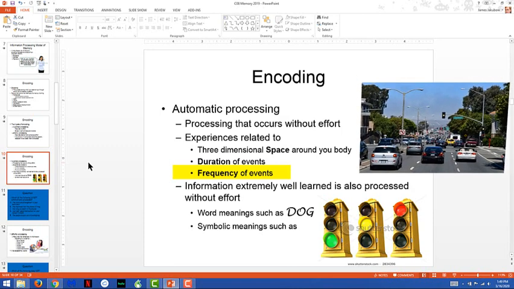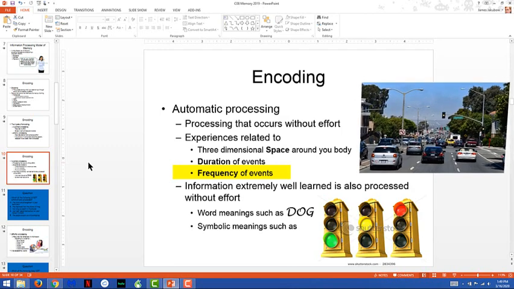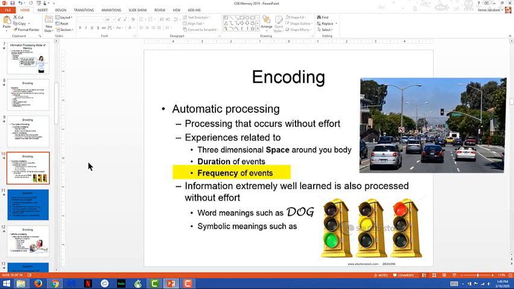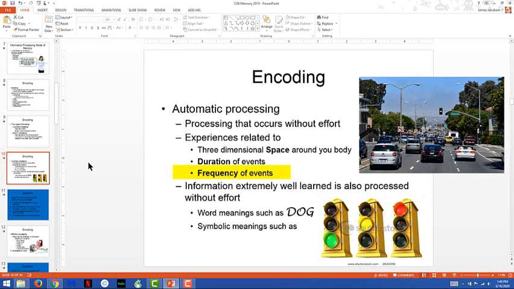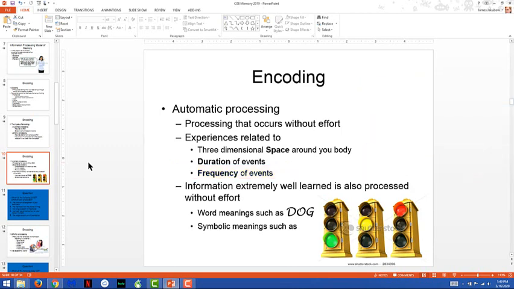Now, when we're in class together, I oftentimes use the traffic lights coming into campus. If you come into campus off of Glades Road, how often do you get stopped at a red light on Glades Road before you can actually enter campus while you're driving? Most people can give an answer almost immediately. And in fact, one of the more common ways in which I do this to add in space, duration, and frequency is to ask, if we were all together in class, if you got stopped at a red light today